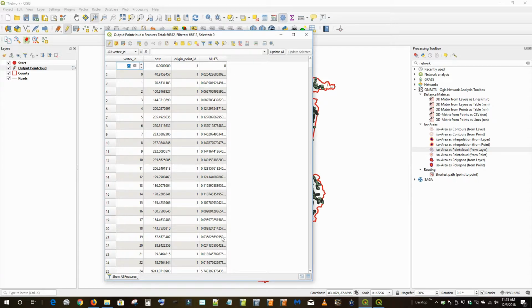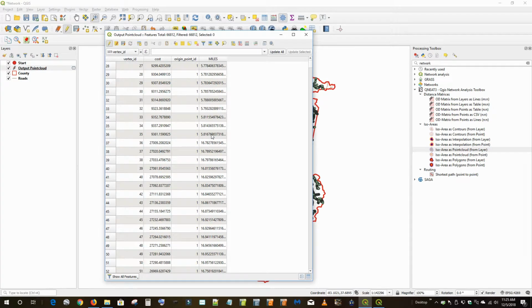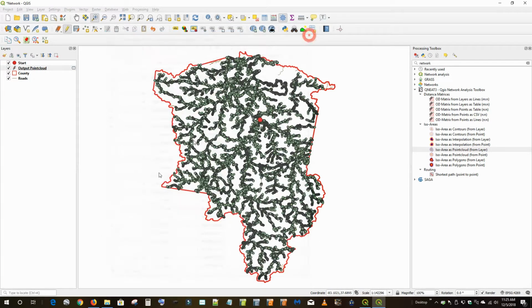So now I have those distances in miles instead of meters. So that's pretty cool. But look, here's something that's even better. I'm going to turn that editor off. I'm going to hit save. But now I want to create a raster out of those. I want to use